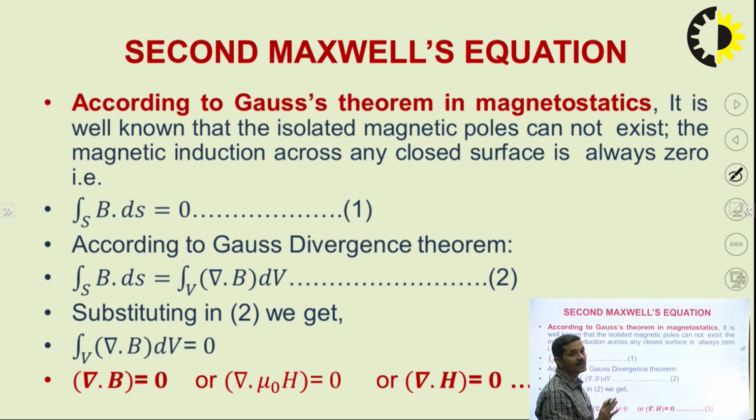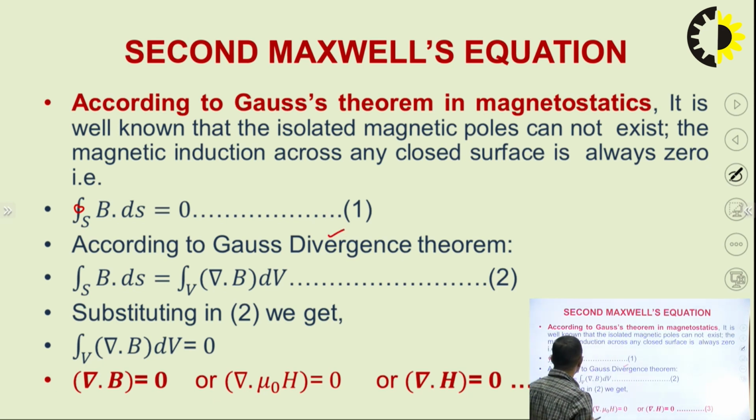We know that magnetic monopole does not exist, or we know that magnetic induction across any closed surface is always 0. So by using these facts we can write this in integral form, which is B dot ds over a closed surface S equal to 0. We can put here the closed sign. So this is the Gauss' law in magnetostatics. This equation 1 represents the integral form of Maxwell's second equation. Now to find the differential form of this equation, again we will use Gauss divergence theorem,